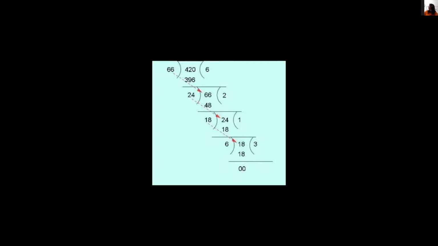Akshat, did you get the first answer? Yes, ma'am. Okay. So the form is A equal to BQ plus R, right? What is your first step? Of course, Yadunandan has already shared the answer with us. What did you write? 420 is equal to 66 into 6 plus 20. Perfect. Very good. Was that Akshat?